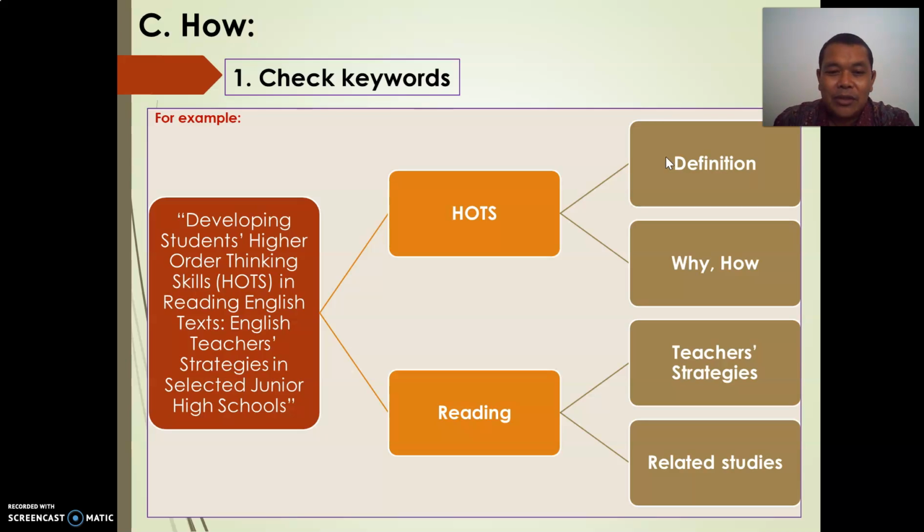Under the heading of this reading, from the title, you can see the title here is reading English text. Now from this area you can find out some teacher strategies, probably some problems in reading, and you can find some related studies from journals or other research studies. Next,